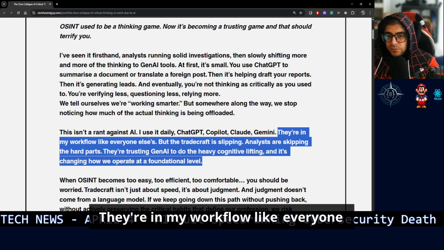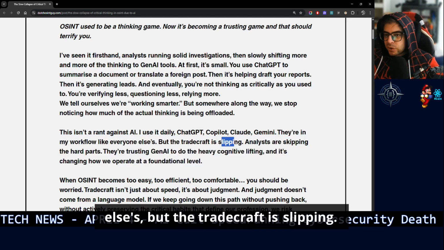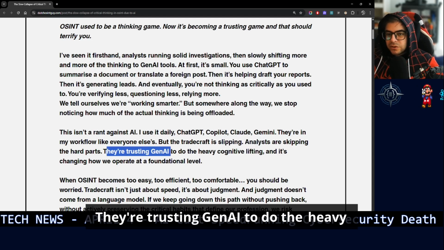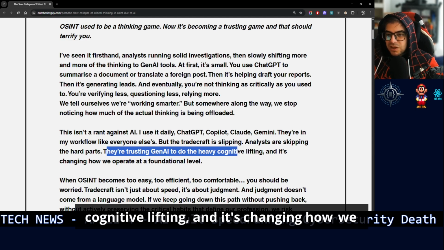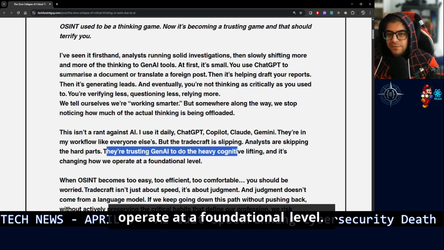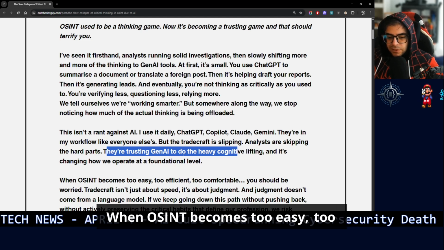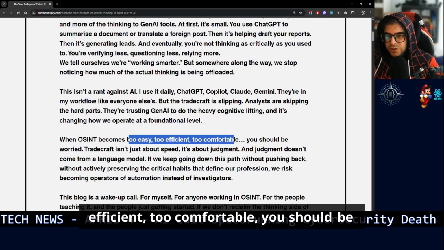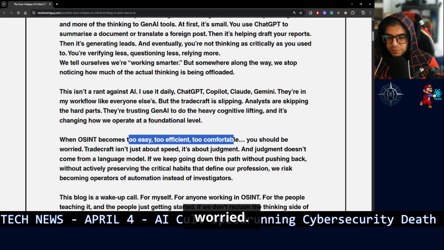"They're in my workflow like everyone else's, but the tradecraft is slipping. Analysts are skipping the hard parts. They're trusting Gen AI to do the heavy cognitive lifting, and it's changing how we operate at a foundational level. When OSINT becomes too easy, too efficient, too comfortable, you should be worried."